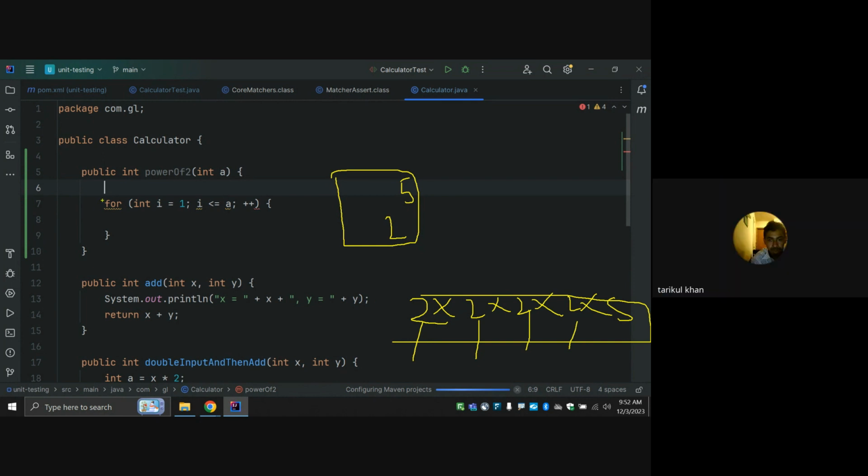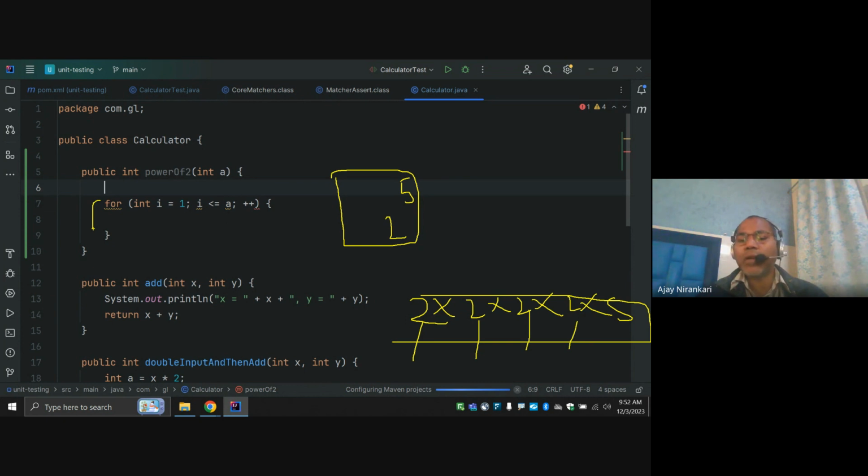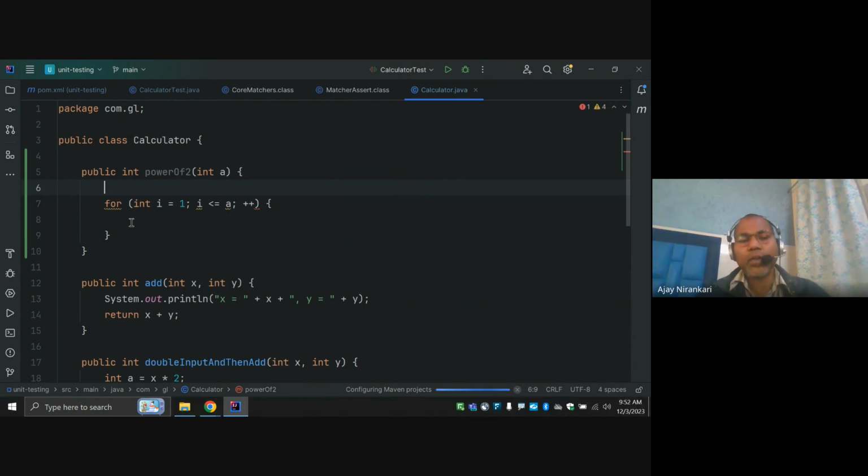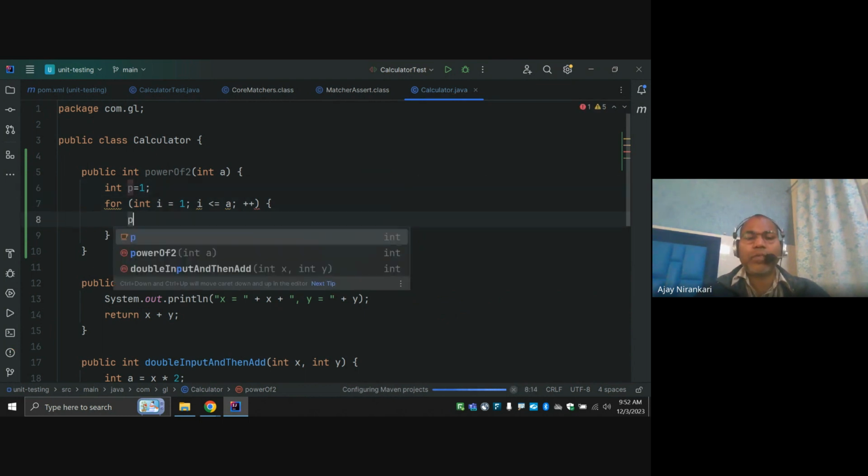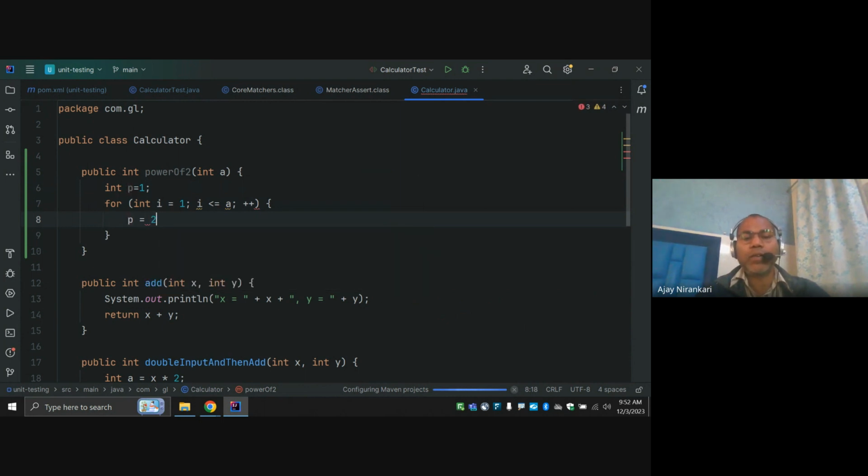So the core way is using a for loop, stream API, or the math function that already exists. Whatever code you want to write. Just say power function, let's start here. Say p equal to 2, multiplied by 2, multiplied by 2. You can multiply by 2 initially, starting from 2, and then start from